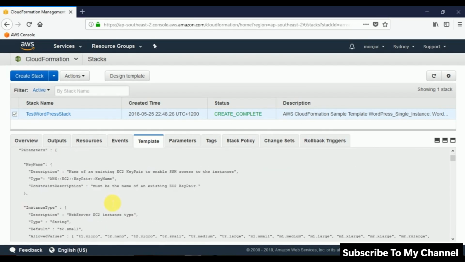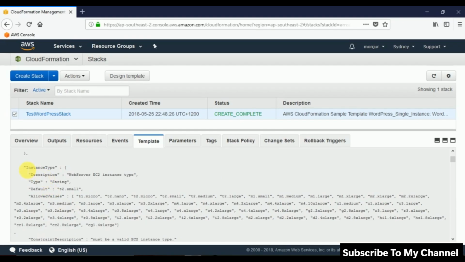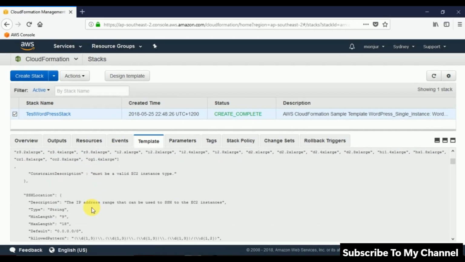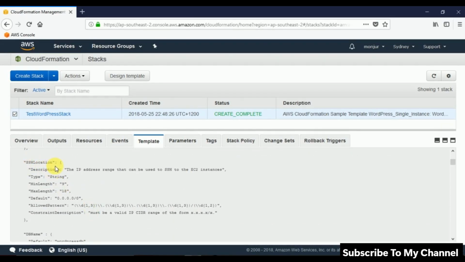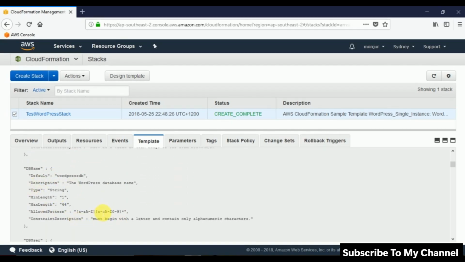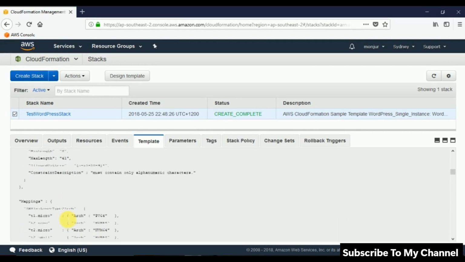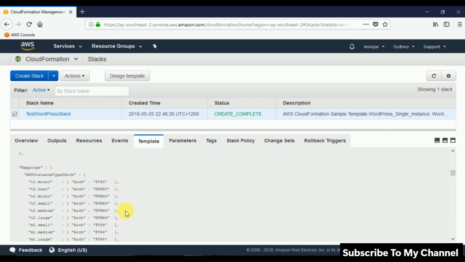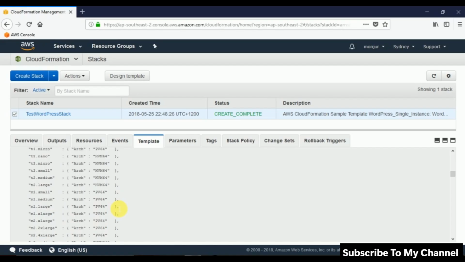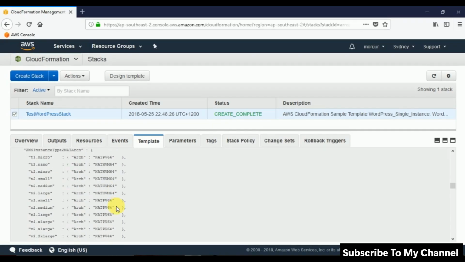So here, for example, we have parameters where we needed a key, and also in this file, we have what type of instance we need, SSH location, for example, how we are going to access, and WordPress database and user and so on. So all the resources we need, all the parameters that we would require to create this stack for the WordPress blog site,